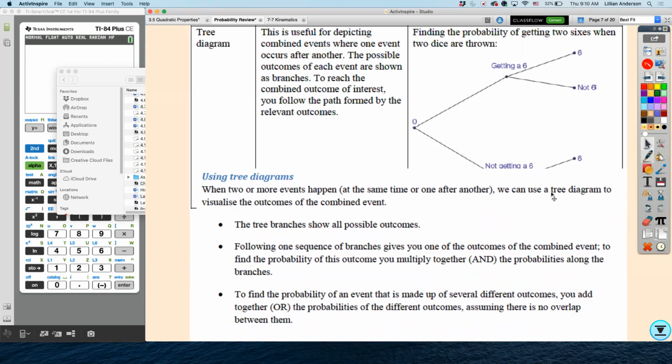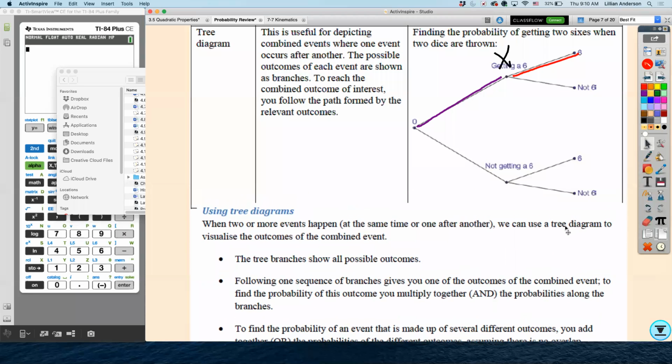When two or more events happen at the same time or one after the other, that's usually when we use a tree diagram. It shows all of our possible outcomes. Okay, you go along the branches. Anytime you go along the branches, like if I take this probability and then this probability, what do I do to those two? You multiply them together. But let's say I wanted